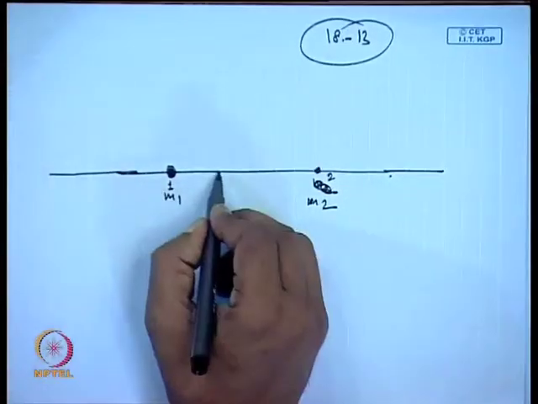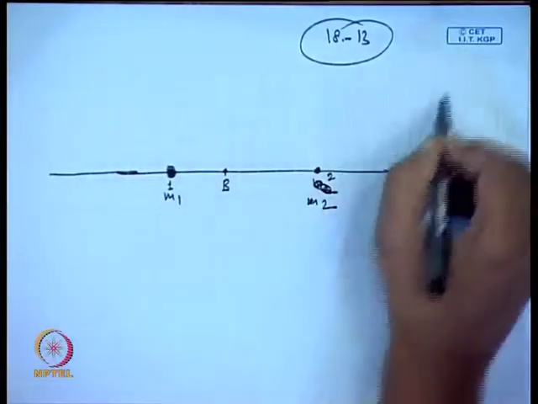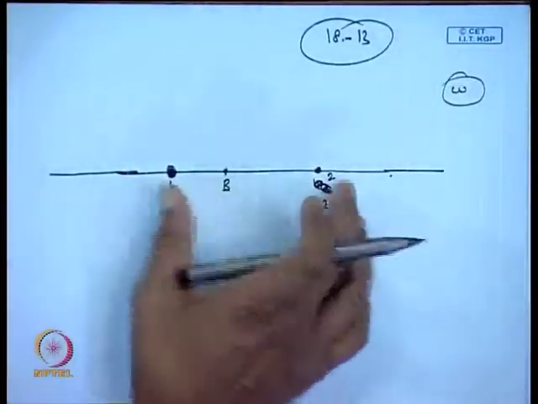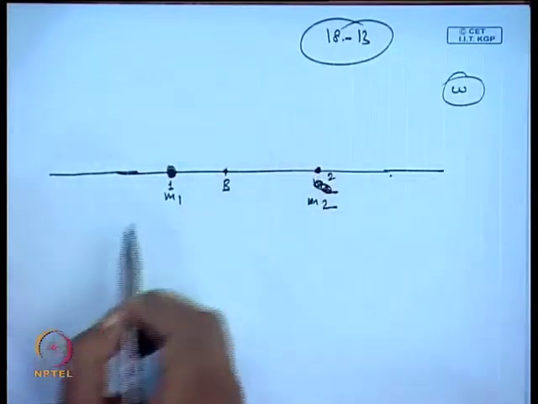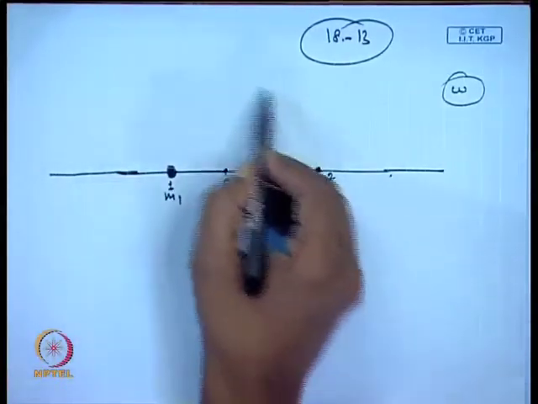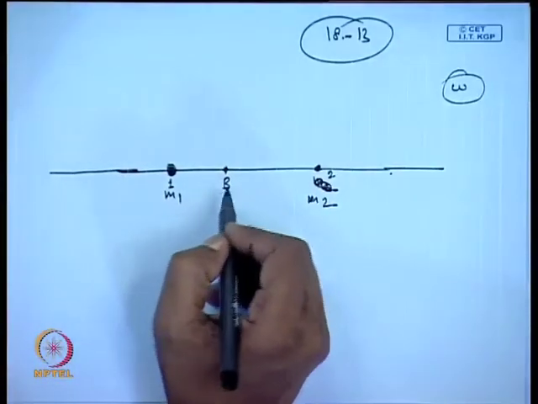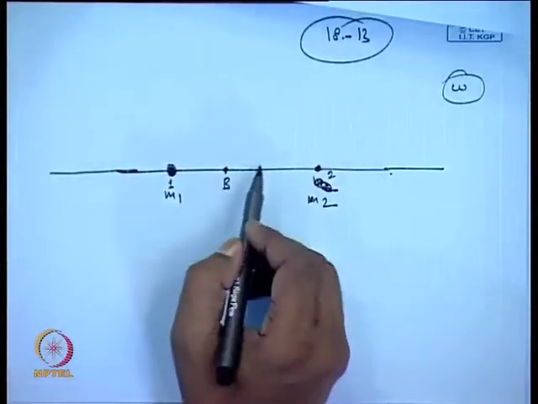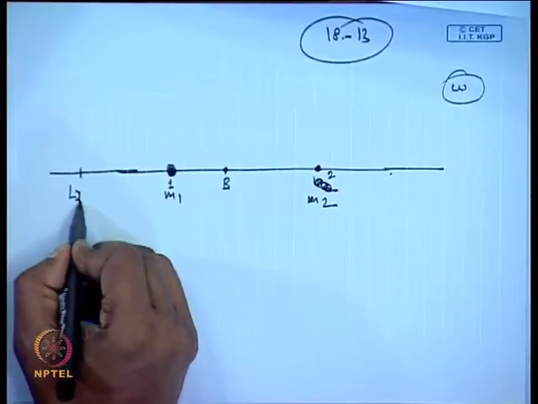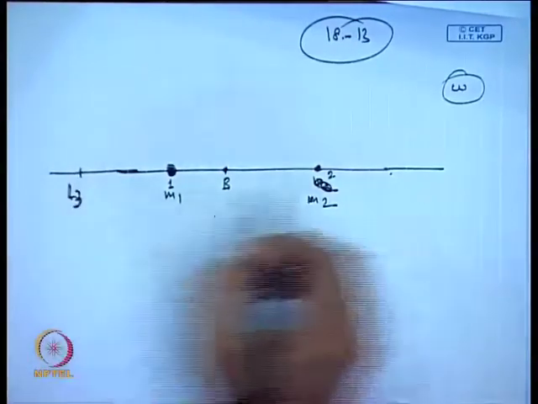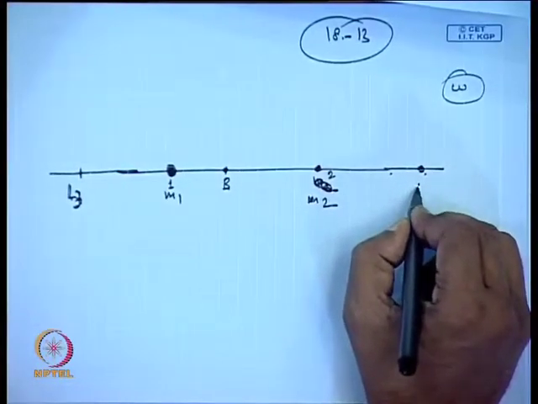So, what exactly is happening? This is the barycenter here. So, about the barycenter, these two masses are moving with the angular velocity omega. Now, they will always remain in the same line, because they have the same angular velocity. So, they will move about this barycenter. Now, if you look into the equation E, the equation we derived for the point which was lying here, which we wrote as L3, on the left hand side. Another point we worked out which was lying here on the right hand side, which we wrote as L2.